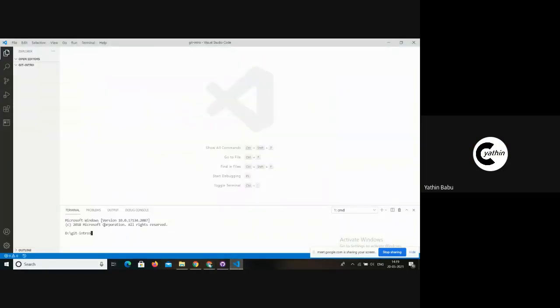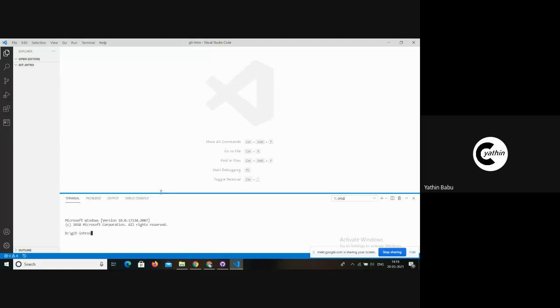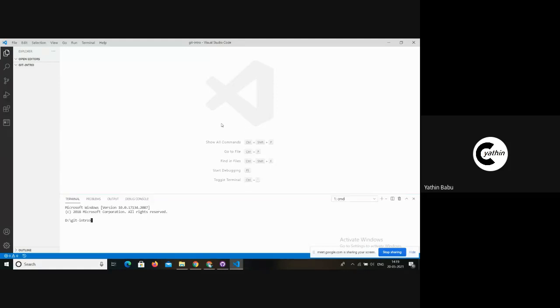I hope you are seeing the terminal here. It's inside Microsoft Visual Studio Code. For the purpose of the webinar, I'm using the white theme.